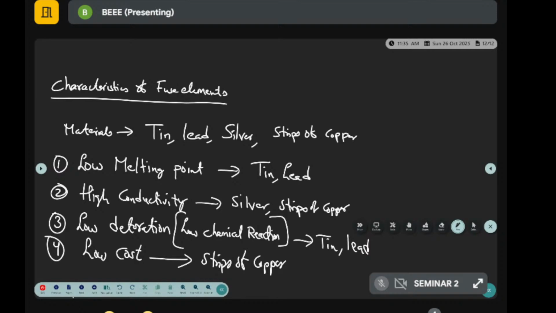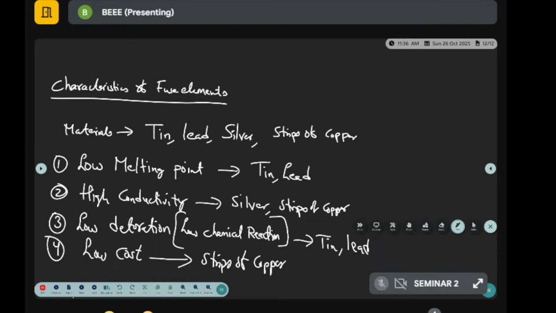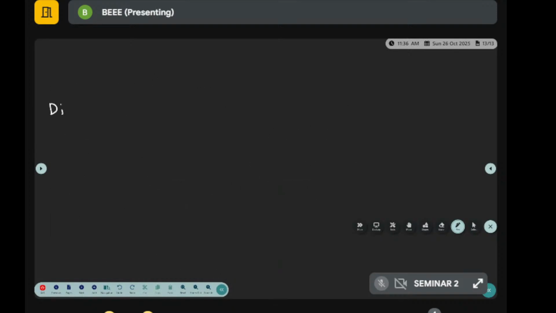So, what is the disadvantage of this fuse actually? What is the disadvantage of fuse? You tell me now. Advantage is okay. Disadvantage. You didn't identify anything. Disadvantage of fuse. Just now I explained about this one. What is the disadvantage? So the disadvantage